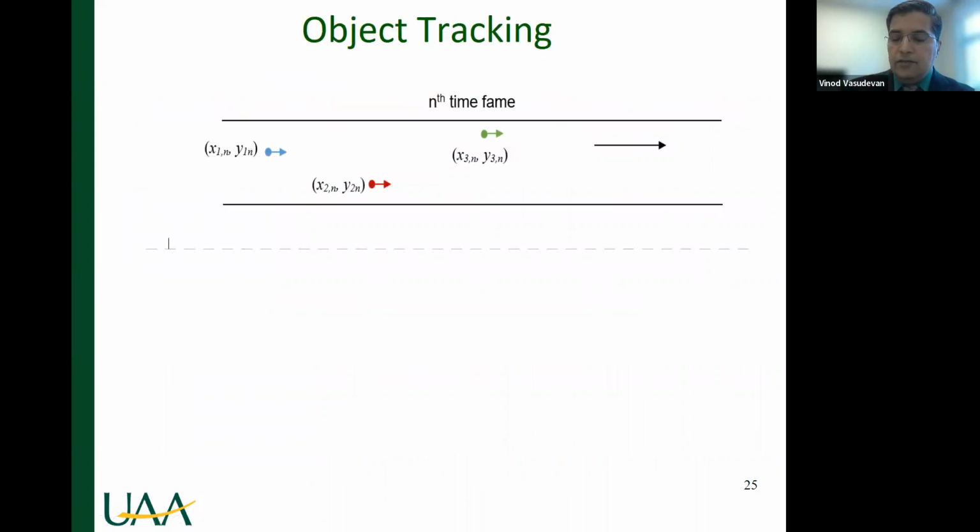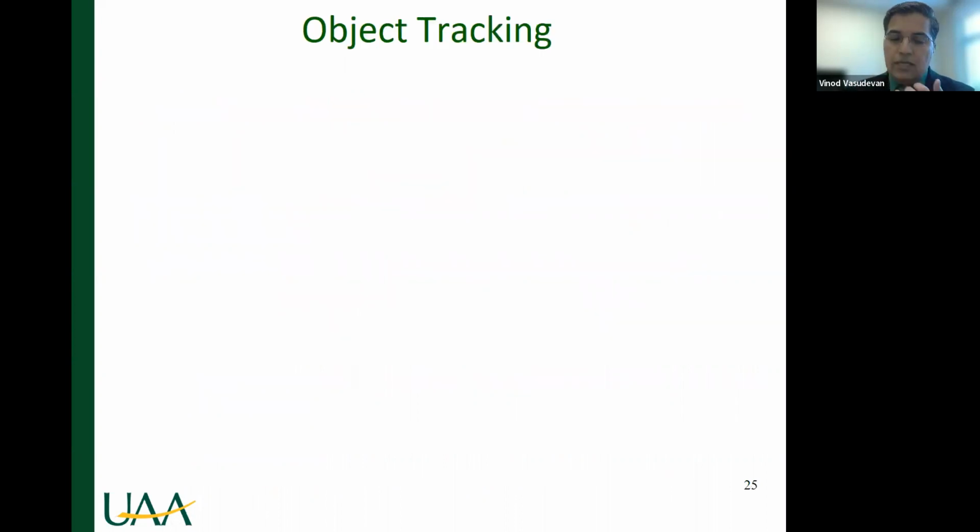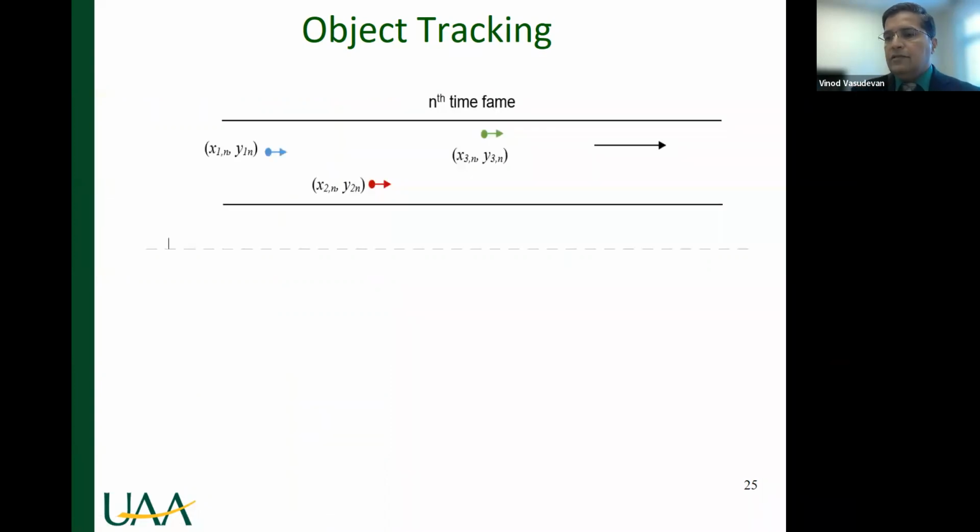Now, the second thing is that here we are only detecting objects. We detected objects at various time frames. Now the question is, how would you track them? To track, we need to see where an object is over different time periods. Let's look at this example. Let's say we have three vehicles, vehicle 1, vehicle 2, vehicle 3. The same thing can be applied to pedestrians, but to illustrate, I'm just using three vehicles,